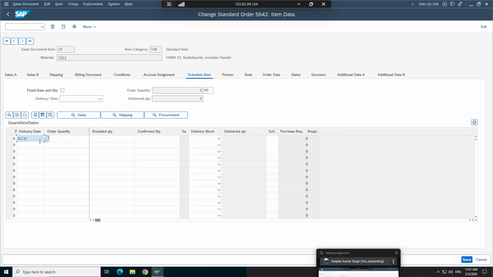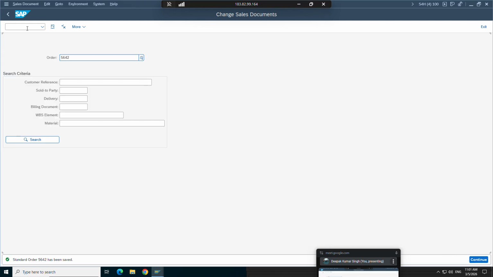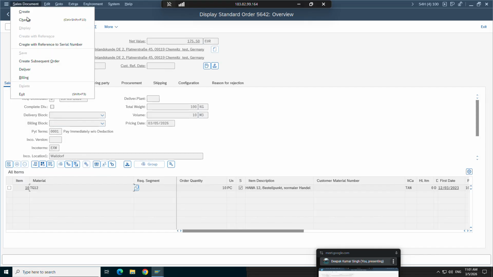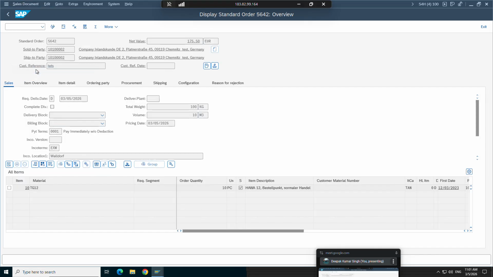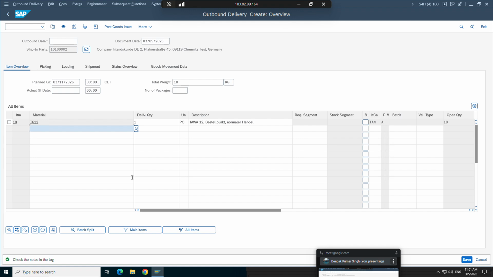12, 3, 23. I want 10 pieces. It is again taking this. I don't know whether it will work or not. If it does not work, maybe we have to open the posting period. Okay. So we have uploaded the stock. Let's see. I think again it will not allow because the stock is available on backdate only. You see,